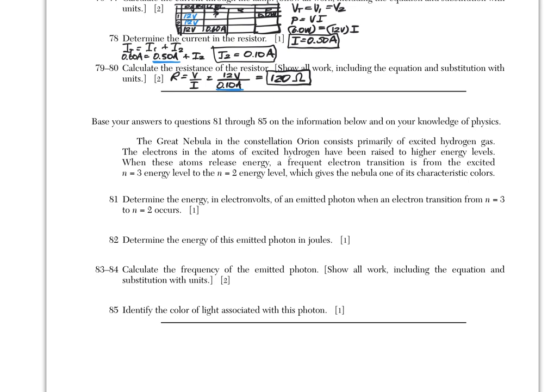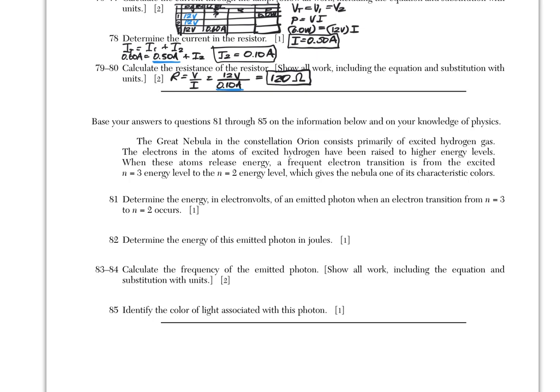Okay, Part C, June 2016, Part C, last question, set 81 to 85. The Great Nebula in Orion has excited hydrogen gas. The electrons are falling from level 3 to level 2, and it gives a characteristic color. 81 says find the energy in electron volts of the emitted photon when they transition from n equals 3 to